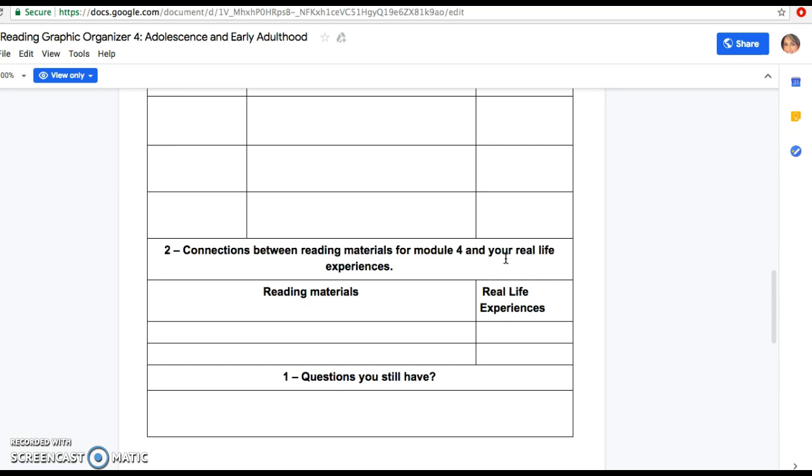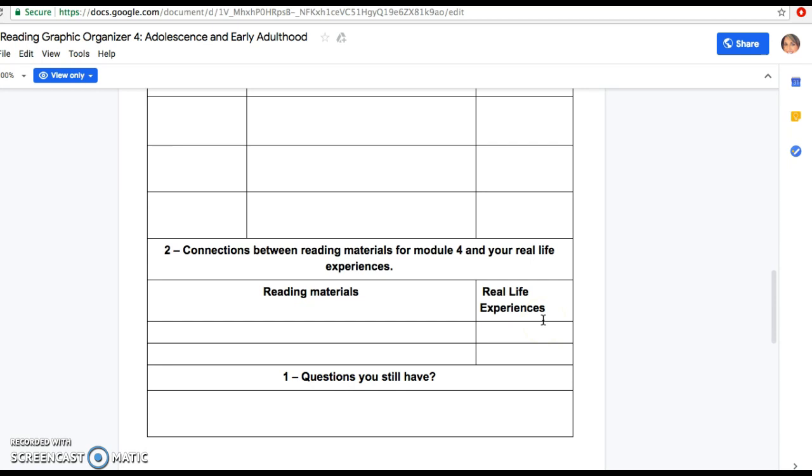So some of us might be still in early adulthood, while others of us have passed early adulthood and maybe are farther along the scale, but we can all relate in some way. So again, you want to make a connection. Whatever it is, it does not necessarily have to tie back to what you've already written about. It can be something else from the readings or the supplementary materials. Or again, going a little bit deeper with those main ideas where you're putting that main connection here in what you've learned in the reading and how that connects to some kind of real life experience.